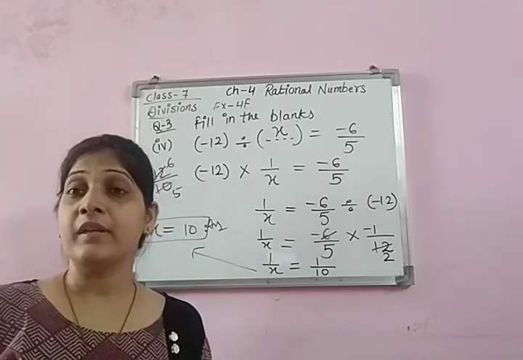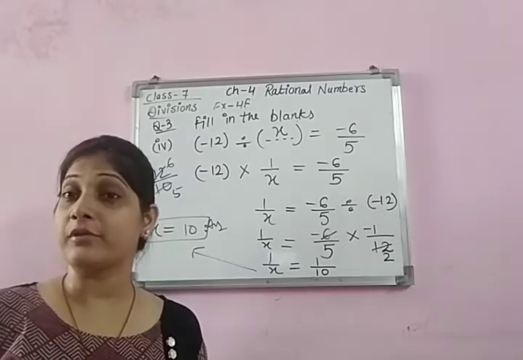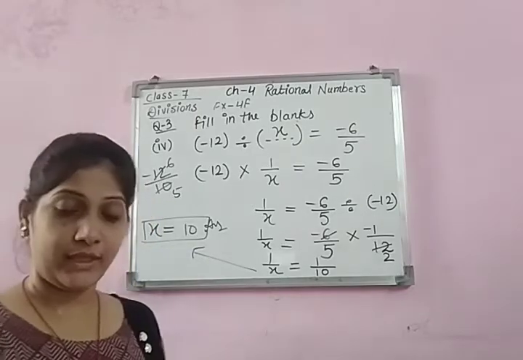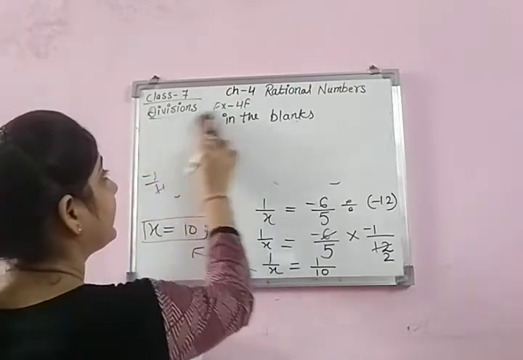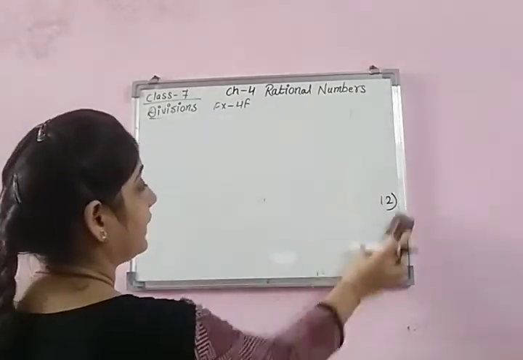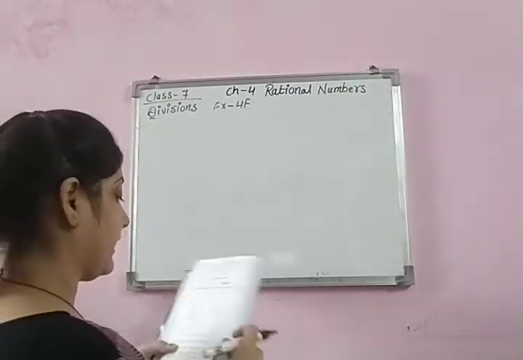If you know or you are able to do it by a short method, you are free, because we have to write the correct number in the blanks. There is no need to show the full solution. But at least we should know from where the answer has come. Now the same question I am telling you by another method.